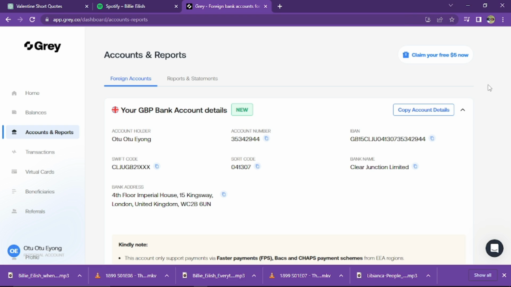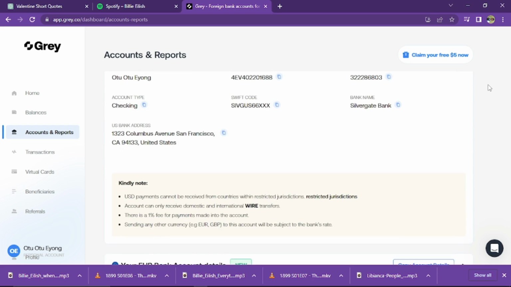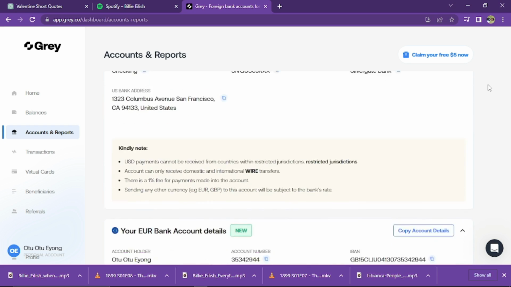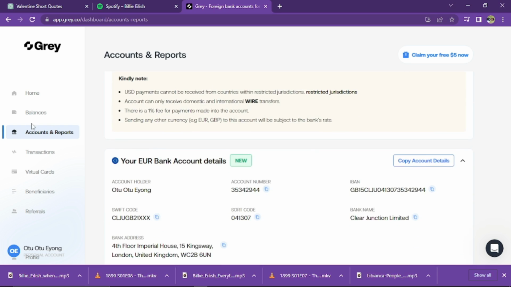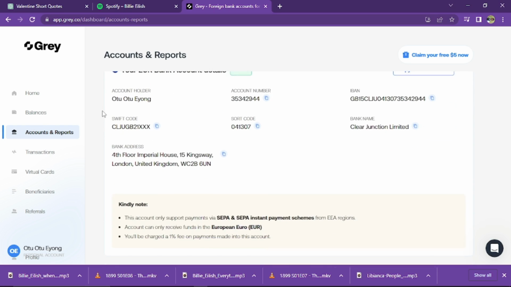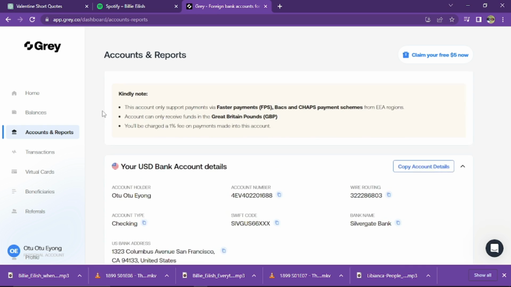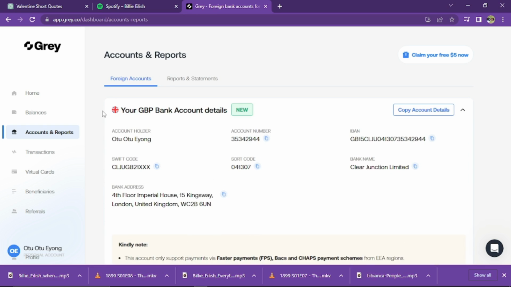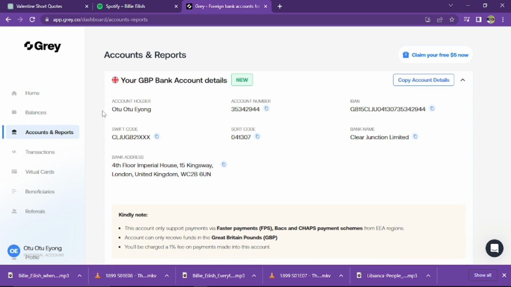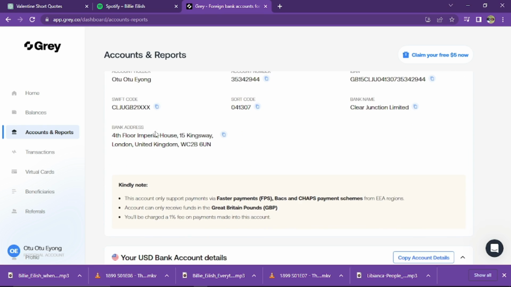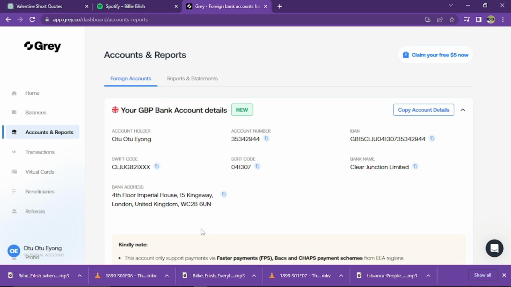So you see different accounts right there. You see GBP, you're going to see euros, and you're going to see USD. You're going to see those three accounts, GBP, euros and USD. After yours is approved, you're going to be seeing yours just like this, exactly like this. So that's how this is. So this platform also offers something quite good too, which is